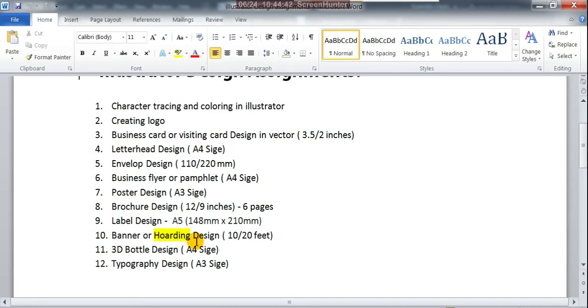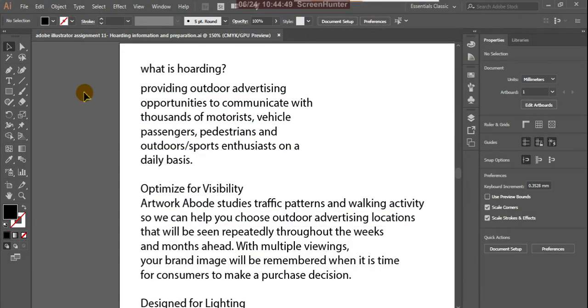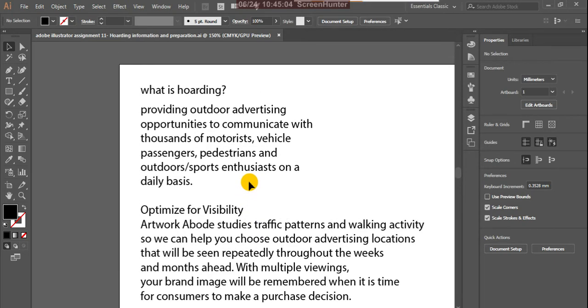Actually, let us check what a hoarding is. Providing outdoor advertising opportunities to communicate with thousands of motorists, vehicle passengers, pedestrians, and outdoor sports enthusiasts on a daily basis.